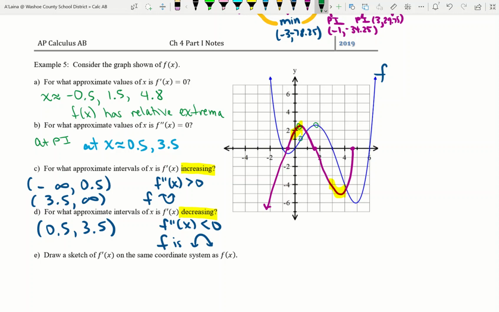And wherever we thought that point of inflection was for f, that should be an extrema on f prime. It should line up. And after that, relative